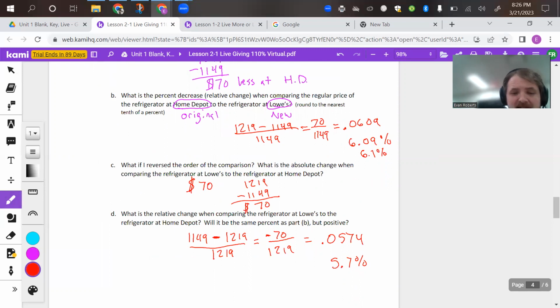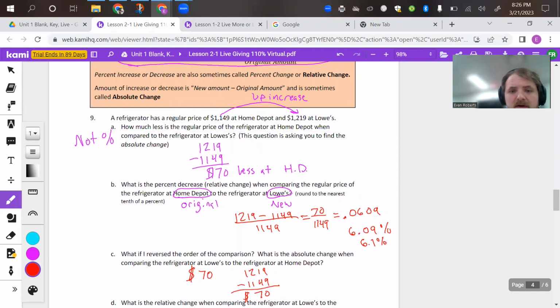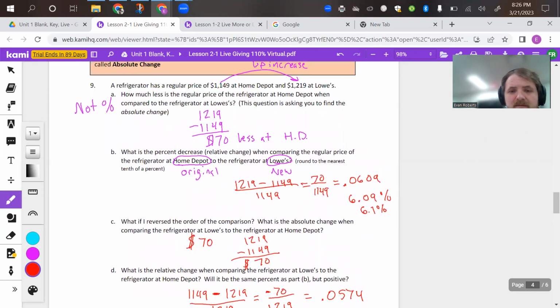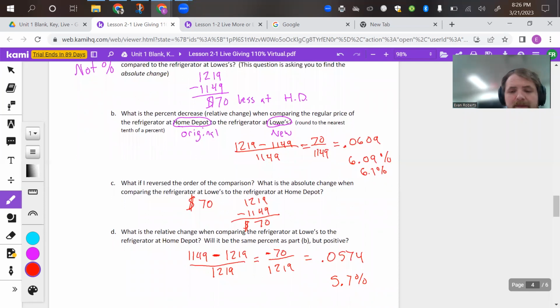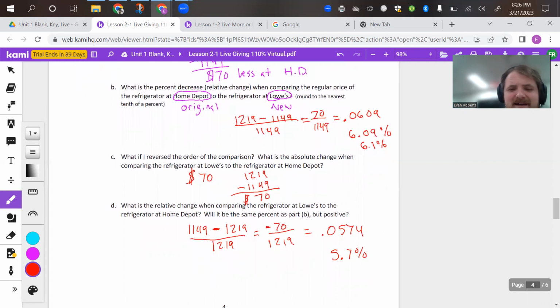So then they're interpreting this as I went to Home Depot. So yeah, I guess I interpreted this as I went to Home Depot first, then I went to Lowe's, but they actually interpreted it the other way. So I apologize for reading that incorrectly, but they're not the same percent because we had different starting amounts. So technically, again, according to the answer key,